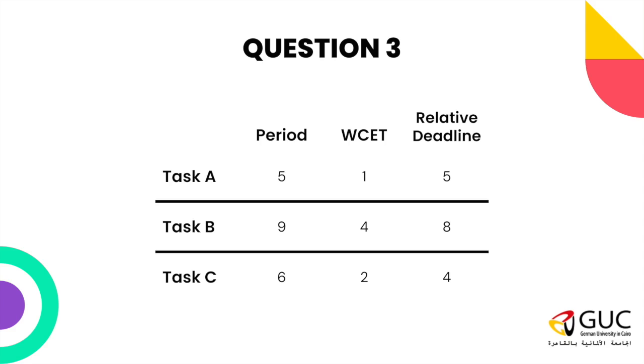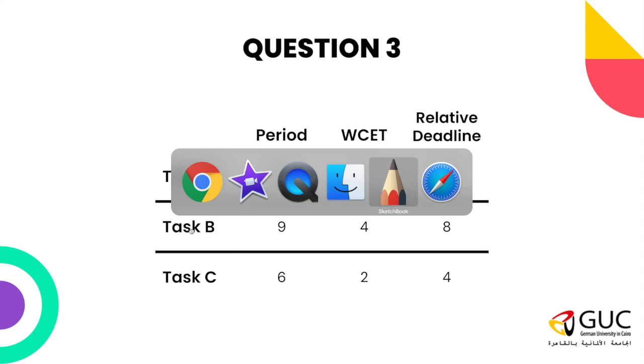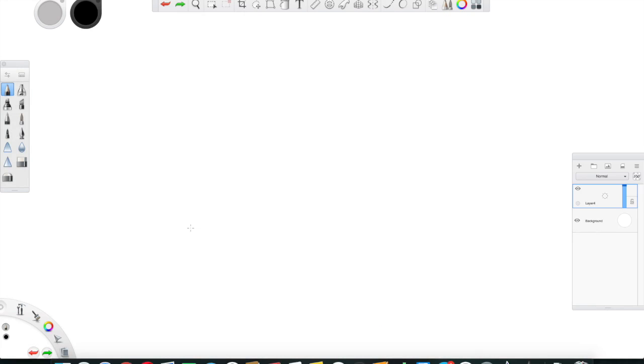And let's calculate the response time for task A. Although, if you are smart enough, you will deduce that since task A has the highest priority, it will always run. So it will always be scheduled because it has the highest priority. Once it enters the system and arrives, it will execute and will block or preempt any other task. Okay, so if we move back to the sketcher and we want to calculate the response time for task A,